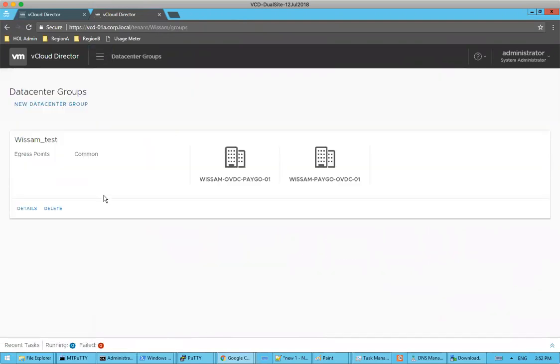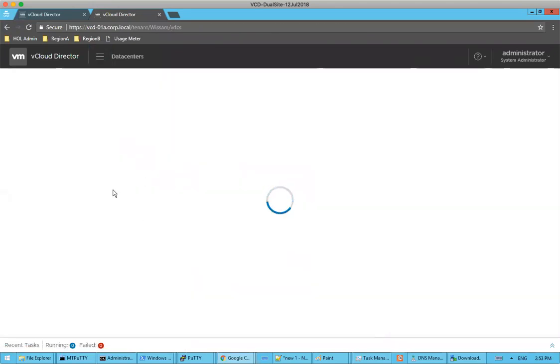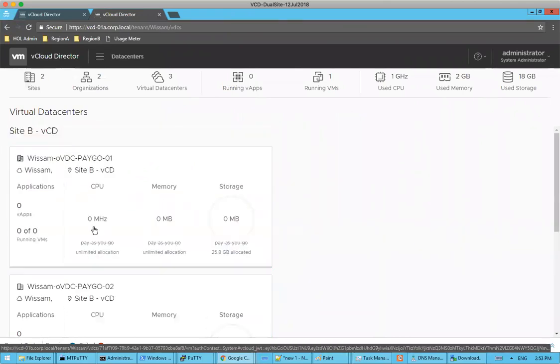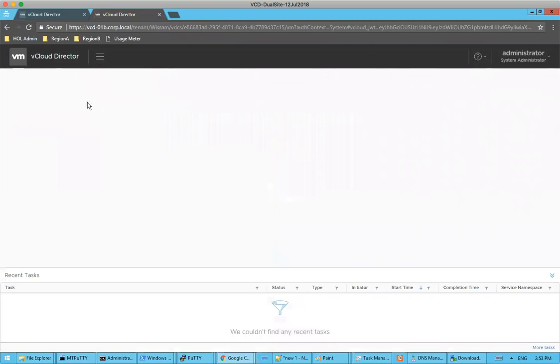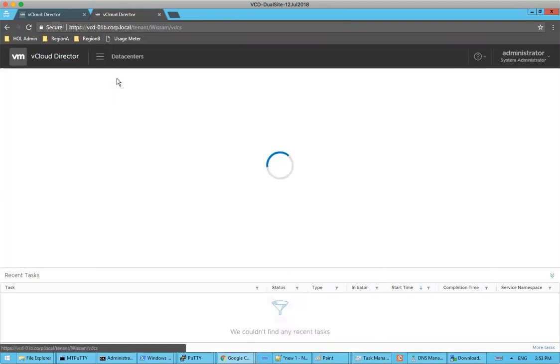So if we jump back over to Datacenter Group, this is a nice thing that I thought was a great option. We already have our 2 oVDCs in region A and region B. As a test, we also added in for Wissam a new org VDC called oVDC Paygo 02 under Site B. Let's go ahead and actually go in here, and I'll show you that this is a brand new oVDC. It doesn't have any networks associated with it. When we add this into the data center group, we should see the stretched network propagated to this environment. So we'll go back to data centers,